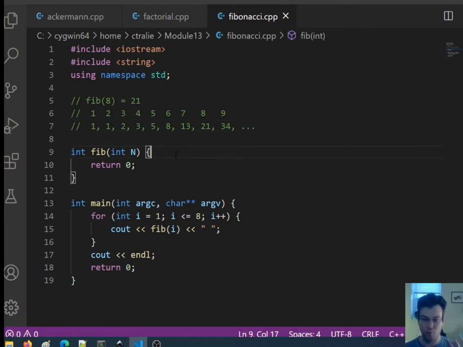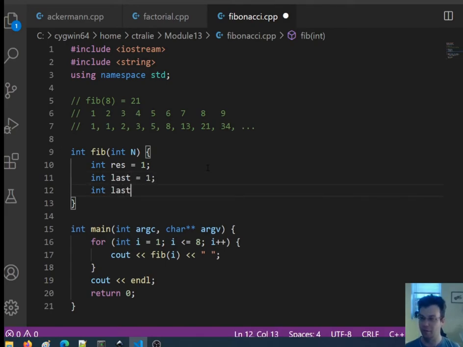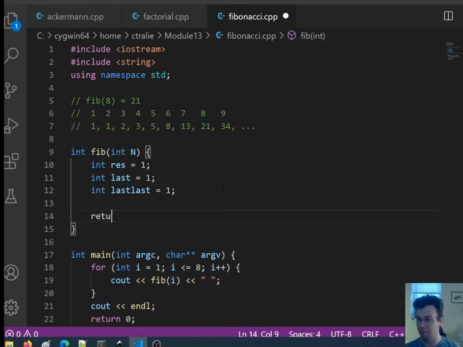Let me do this a more painful way that's a lot less natural using a loop. And then you'll do the easy way. Okay. So if I was going to do this using a loop, I have to remember the result, which we'll start off as 1. I have to remember the last number, and I also have to remember the second last number, right? So I start off, it's 1 and 1. I add those together, I get 2. So what I'll say is,